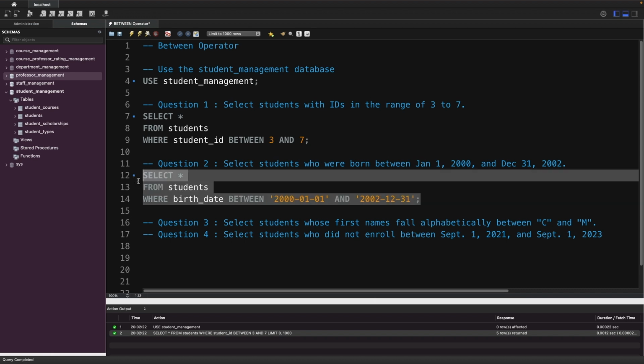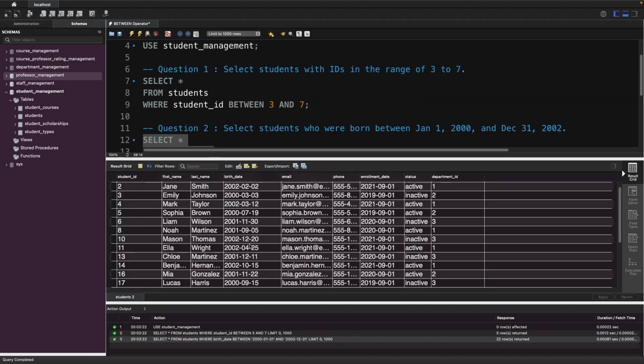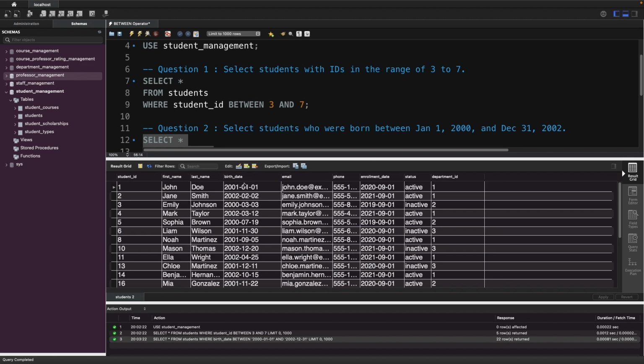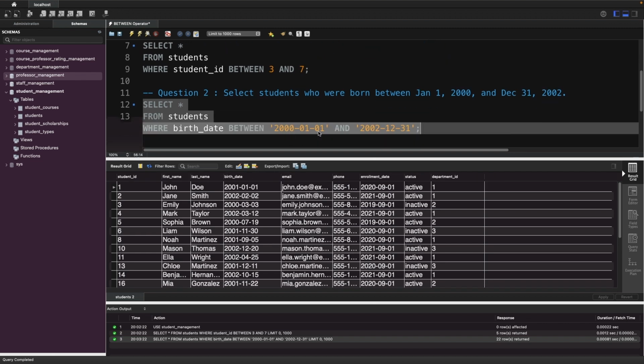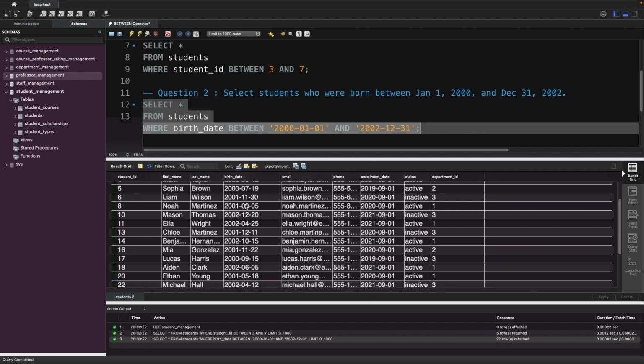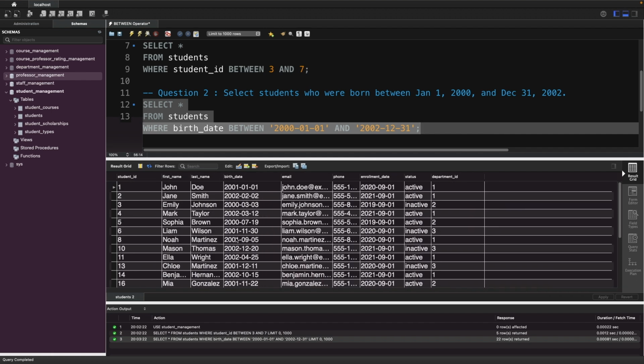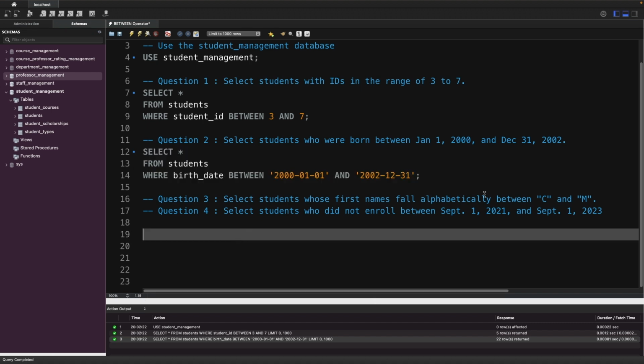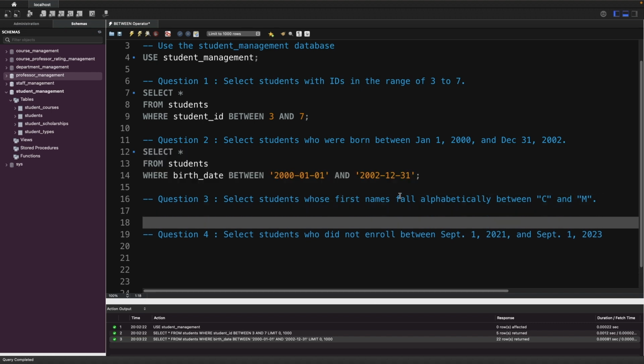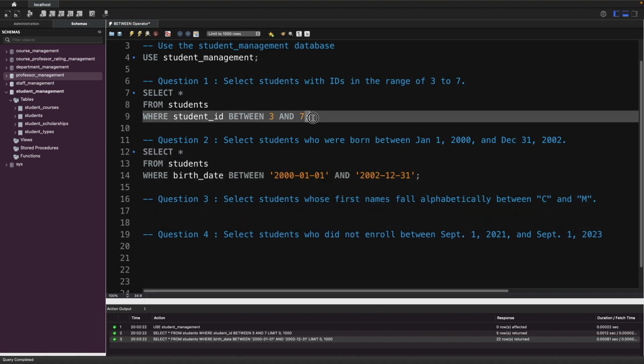Let's see the results. Execute this one. Birth date is between this range 2000 and 2002. Okay, looks good. Now let's try to solve the next question. Let me copy this one,